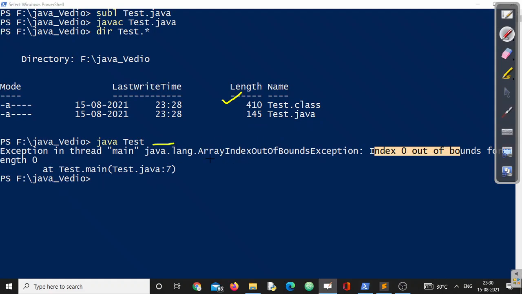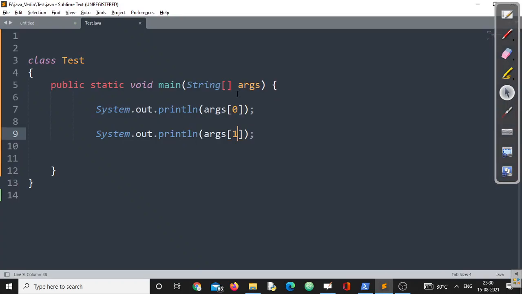That's why the message is ArrayIndexOutOfBoundsException. Now one thing is pretty clear: if we are not passing any value, this particular array is not going to be created. So args[0] will never be there, right?